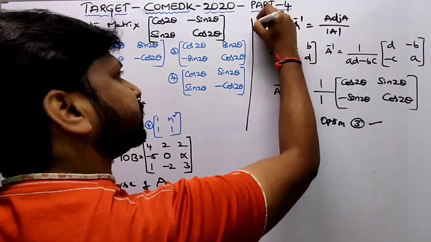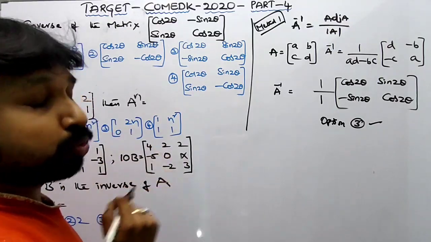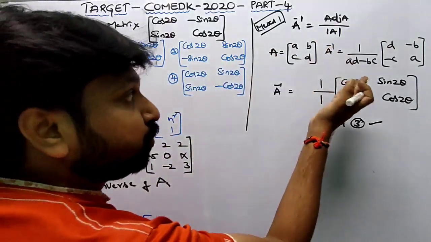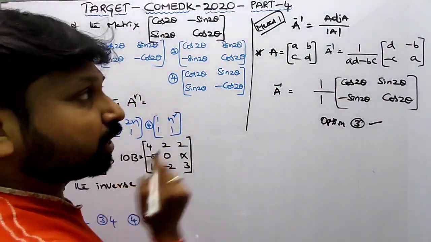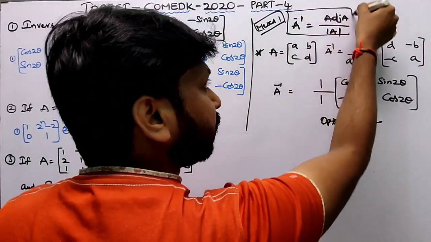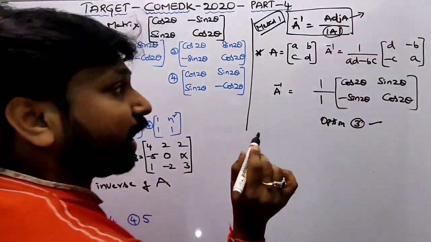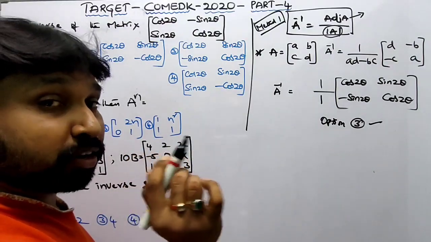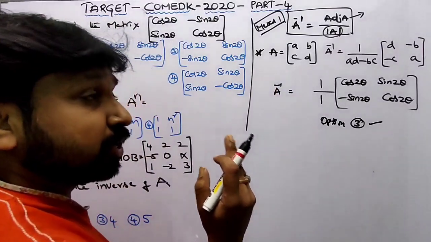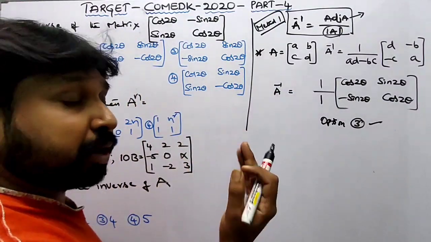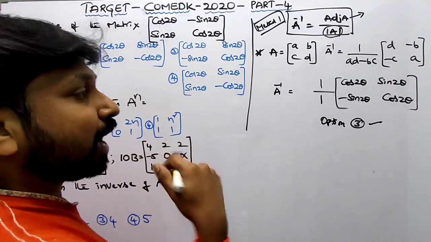For example, in your examination, instead of a 2 by 2 matrix, they may ask a 3 by 3 matrix. How do you solve it then? That is complicated. You don't have any direct formula to evaluate A inverse for a 3 by 3 matrix. That time you use A inverse equal to adjoint A by det A only. You have to find det A; if it is not equal to 0, then go for adjoint A. Adjoint A is nothing but the transpose of the cofactor matrix, so first of all you have to find the cofactor matrix. That is too complicated.